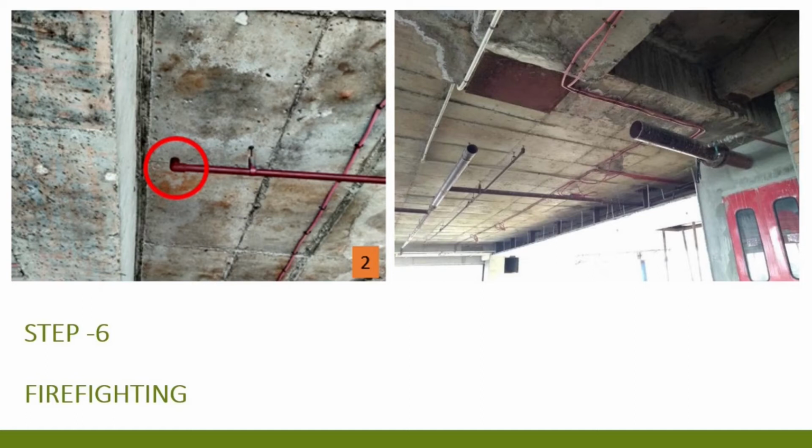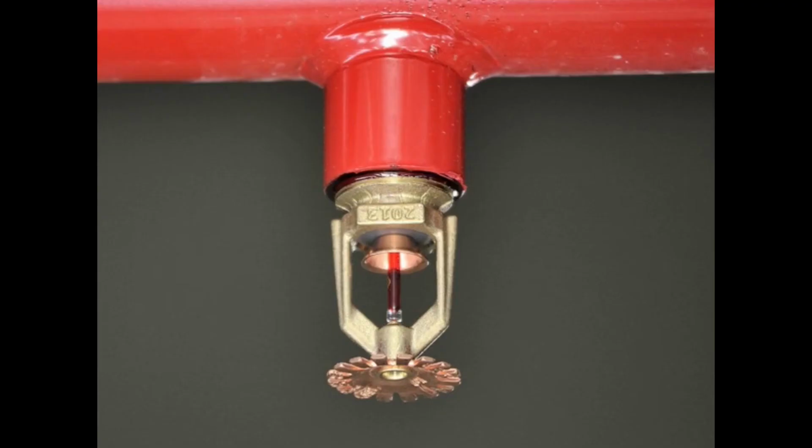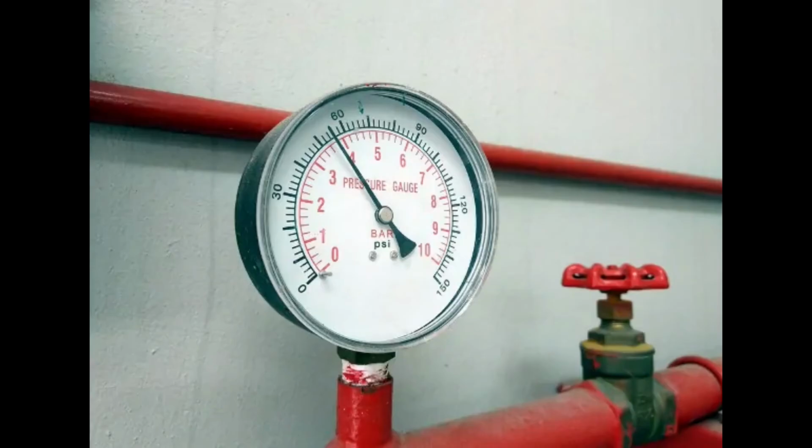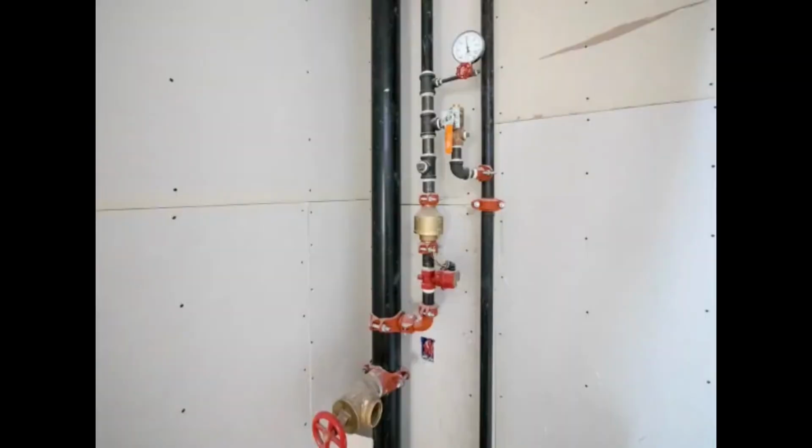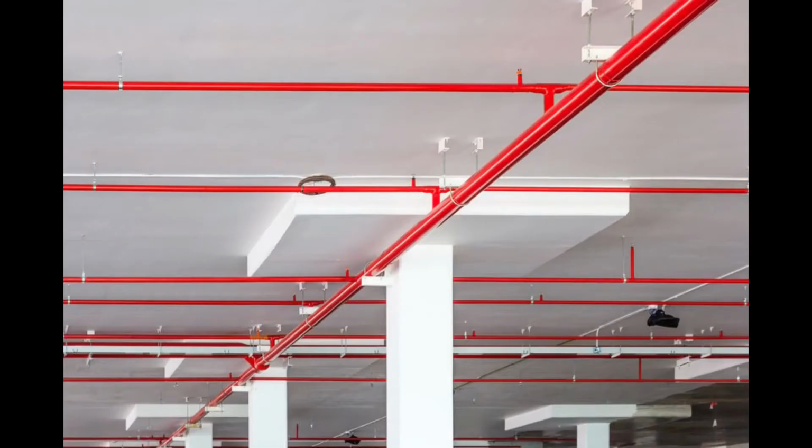Firefighting system should be operational and is a must to get a fire safety clearance from authorities, without which the building cannot be occupied. The installed upright sprinklers arrangement needs to be checked for any missing sprinklers. The pressure gauge reading needs to be checked to ascertain if the line is charged or not. The location of sprinkler line tap off for pendant sprinklers needs to be noted down along with the diameter of pipe, because that will govern the number of pendant sprinklers that can be designed as per the standard code.